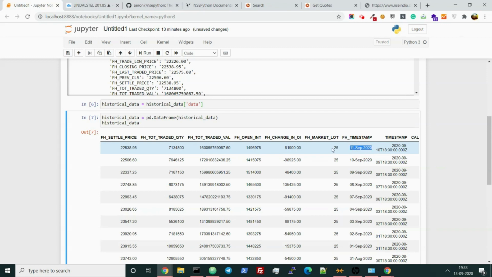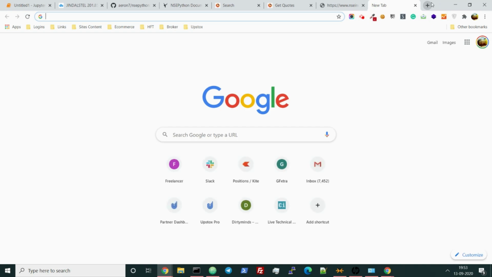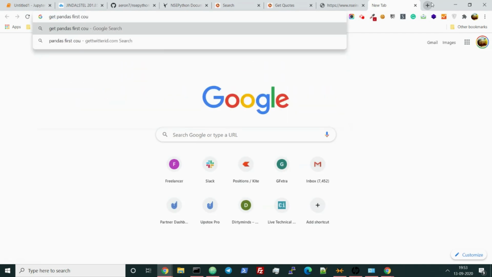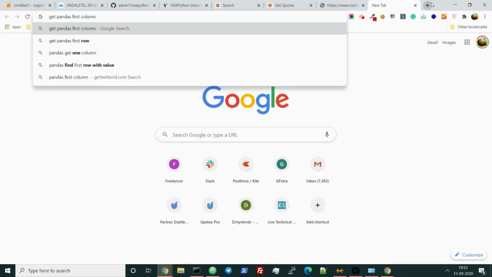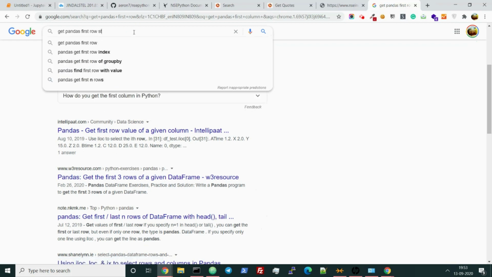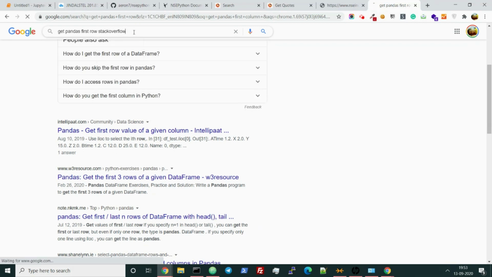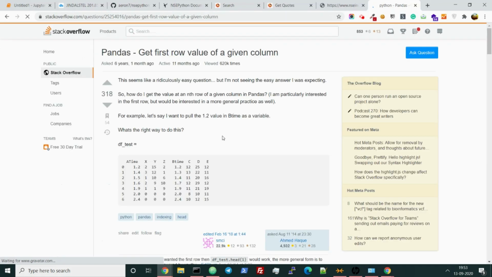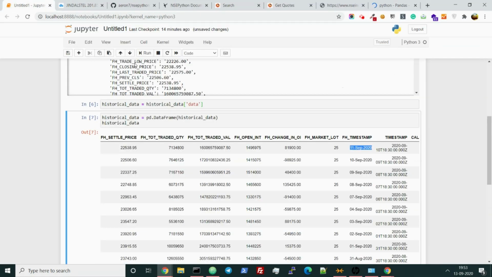If you do not know how to get that, you can just go to Stack Overflow and search for get pandas first column, first row. You'll get enough references. So I shall be showing you how I am getting that.